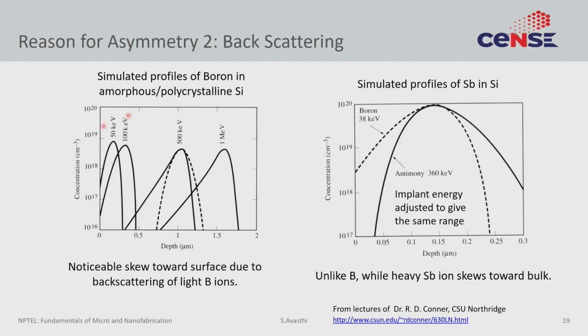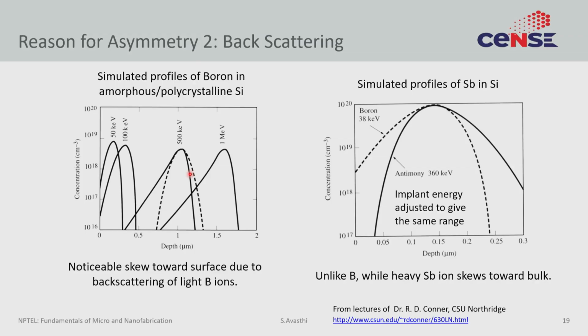If you do the implantation and look at this figure, depending upon the speed at which you push the boron in, if you push the boron at very high speed, the boron will just backscatter. It will hit silicon and come back. In the implanted profile, compared to the dotted case, which is an ideal simple Gaussian profile, the profile will be a little higher at the front edge and a little lower at the back edge. So, this backscattering phenomenon creates a front-biased asymmetric profile in boron.